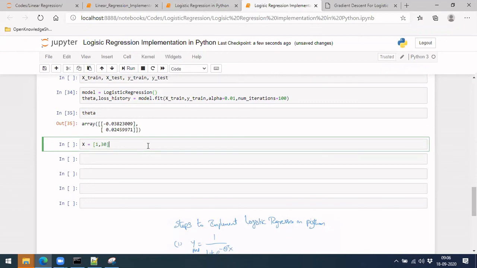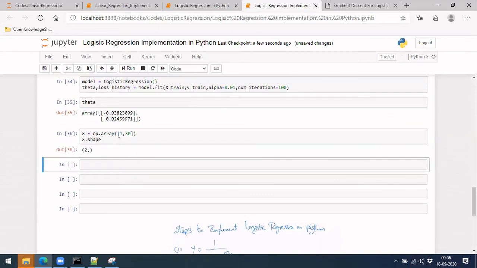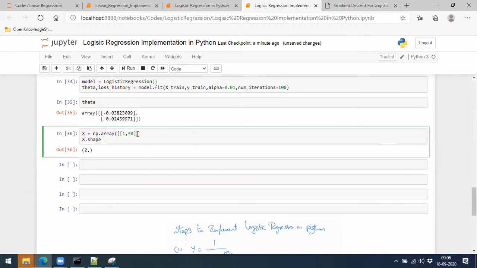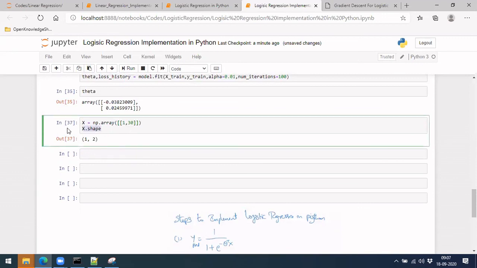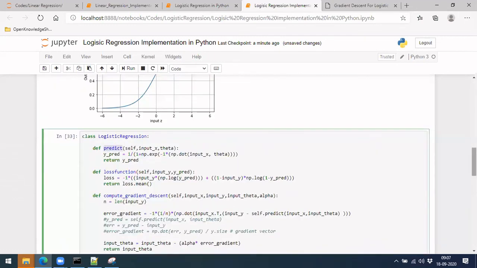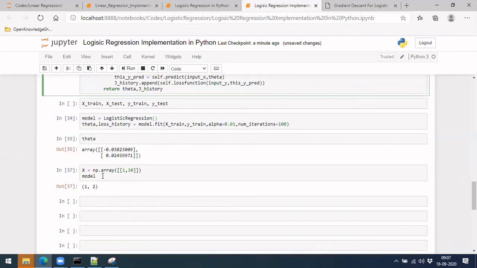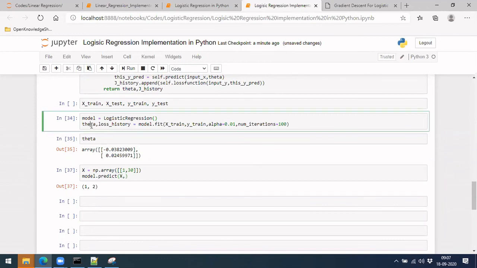To get the output, np dot array, we have to put one more bracket, 1 comma 2. So this is our X. To get the prediction for a new value, we call model dot predict and give our X comma theta, which we have learned already.